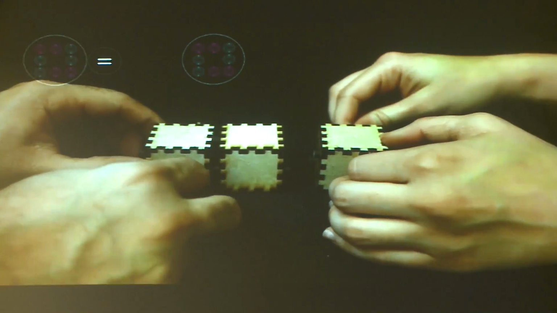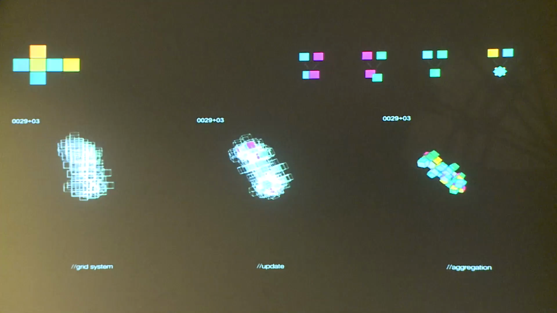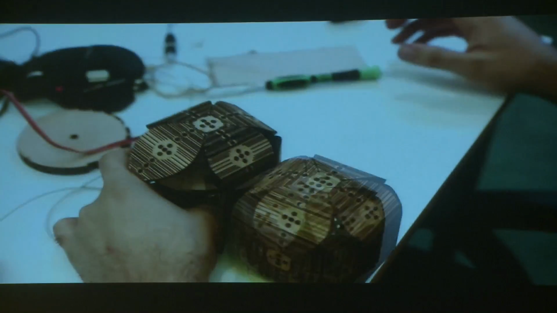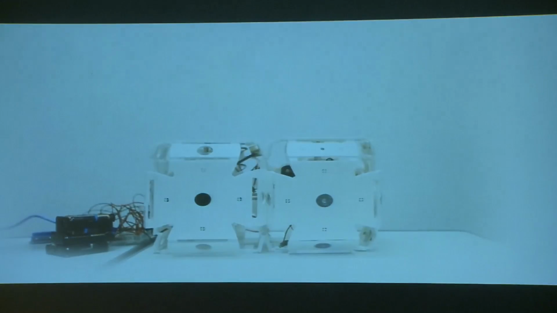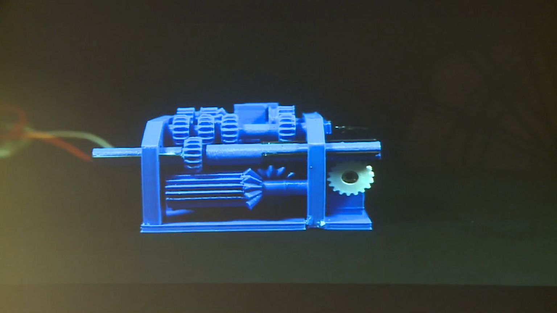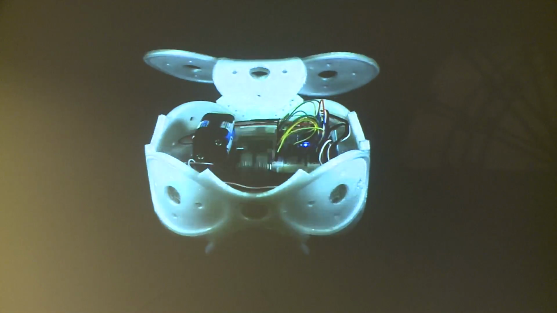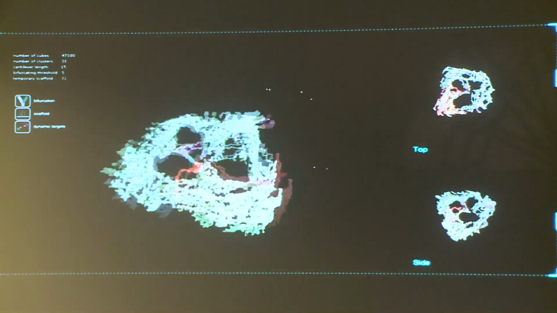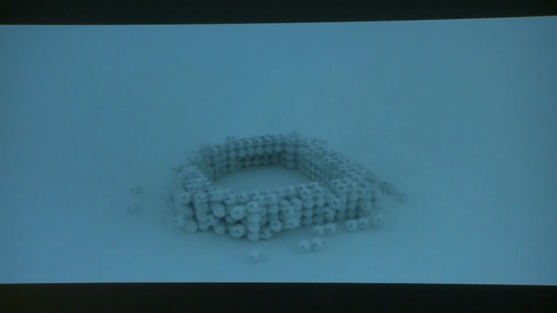Our system is an ecology of constant change and reconfigurability. We develop mechanisms to address these changes based on local decision-making. Our system exhibits mobility, aggregation, and structure generation. Through local interaction, they are able to create spaces. We studied mass population and their behavior, how in ecology they are able to collectively create structures.